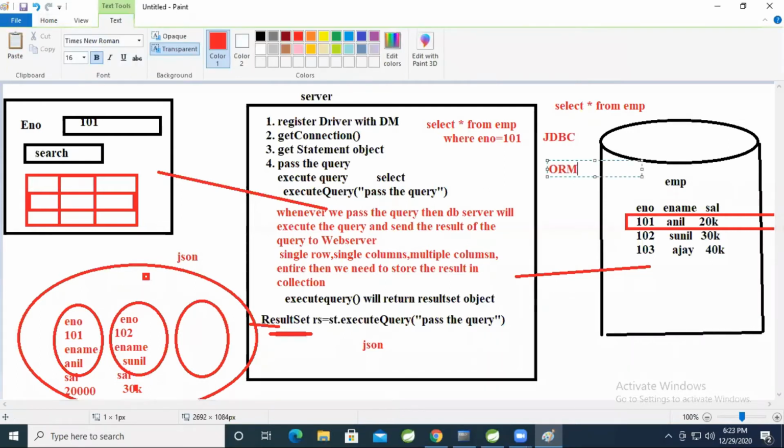Now to improve this performance, again what came? ORM came. That we will learn in Spring. So JSON also comes in Spring. JSON will come with Spring Boot with Angular integration. I will teach Spring now. Next is Spring MVC. After Spring, we'll go for Spring Boot with Angular and React JS separately. I will teach Angular, microservices, integration gateways, design patterns, design principles, everything: JSON, XML, REST APIs. Travel with me blindly, believe me.